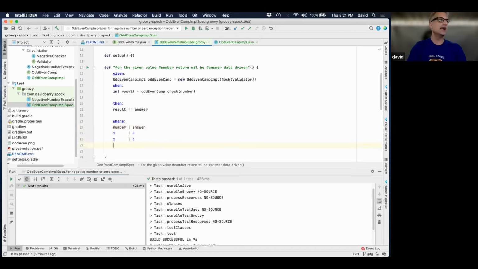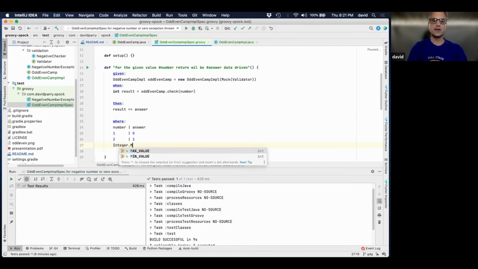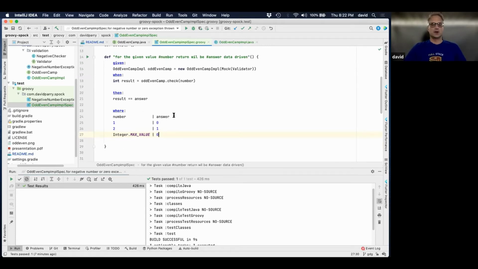I can say, okay, let's do integer, and there's a lot more that I can do, max value. And if it's the max value, what's the last value of that? I think if I remember correctly, it should be an odd number too. I think the ending of the max value is an odd. We'll find out because our map should do that. So there we go. There's our answers, there's our numbers, and I'm just going to put 2 more in there so that we can test this out.